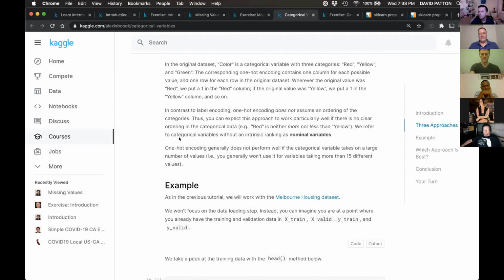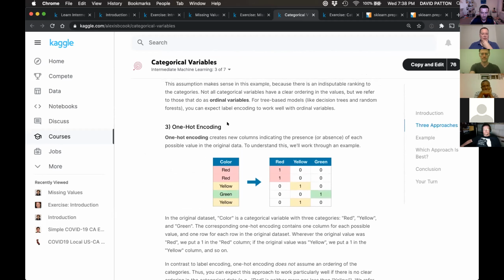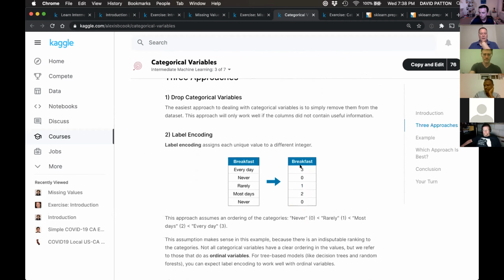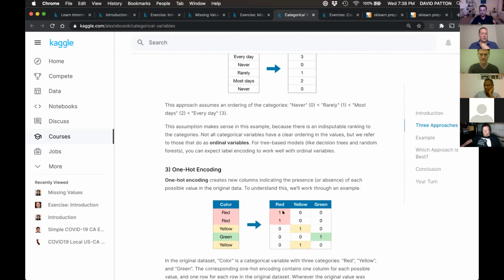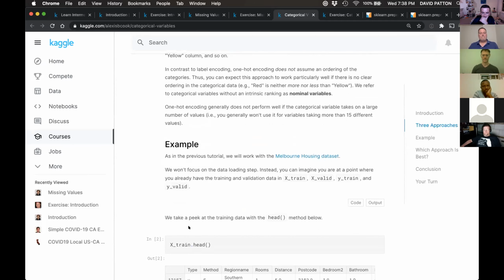The other thing I wanted to note is there's no ranking or ordering to the values here, whereas before when we did label encoding, these had very specific rankings within the column. Here it's just basically a true or false. Is it present or not? So red is no more important than yellow, and yellow is no more important than green, based on these numbers. Our model, when it does its training, may find that yellow is more important than green or whatever, but we're not saying that when we move over to this type of encoding. Those are called nominal values.